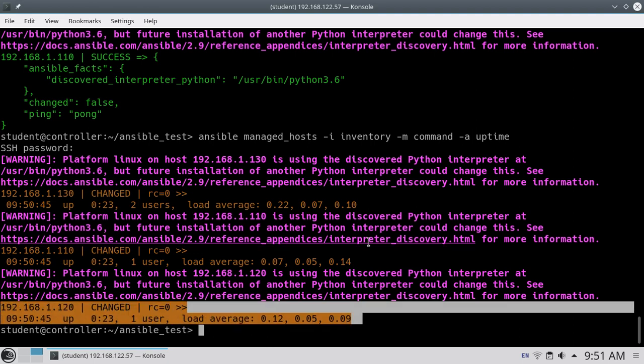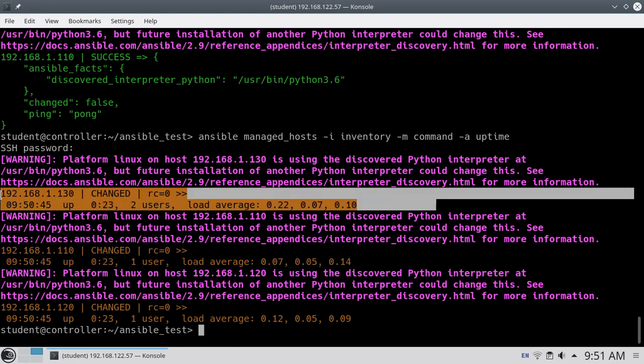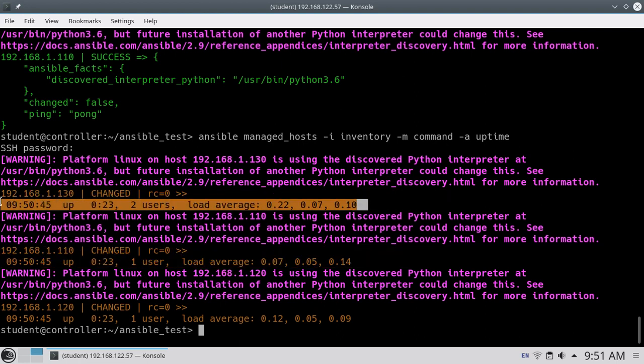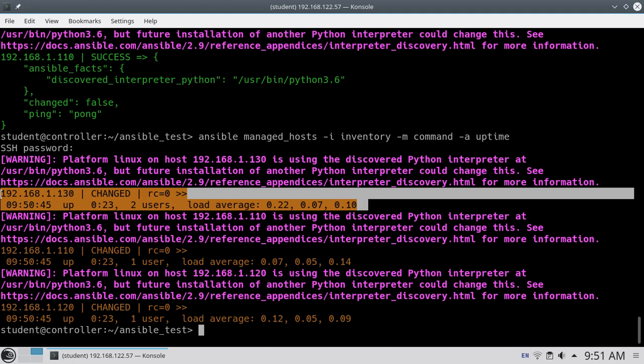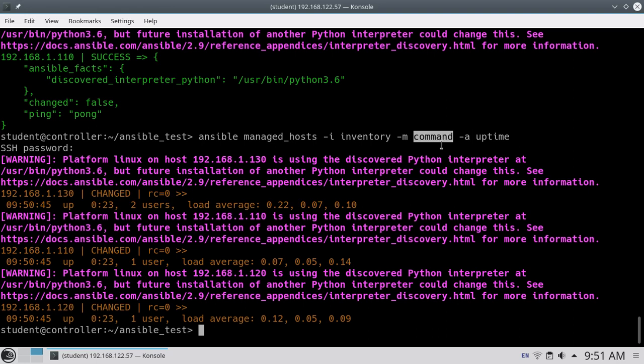Because in Ansible, the command module doesn't have that option, so it shows change every time, whether you are making any change or not. And one more thing I want to tell you, always try to use a module instead of the command module, because when you use the command module, Ansible doesn't check whether that activity was already performed or not. Suppose you want to create a user and you are using the command module, it will not check whether that user is already present or not, so it will again try to create the user. That can be destructive sometimes, so don't use the command module unless you really have to. Instead, use a proper module.